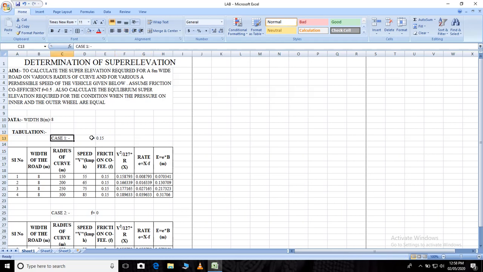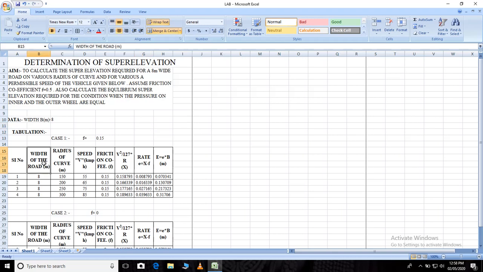Okay, case 1, F is equal to 0.15. See, 0.15 again in a different cell. Case 1, F is equal to 0.15. Understood? Then these are the tables you have to create.